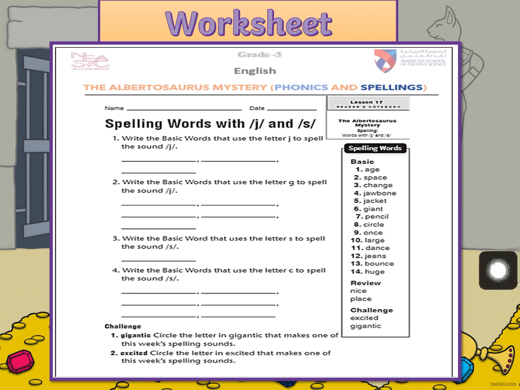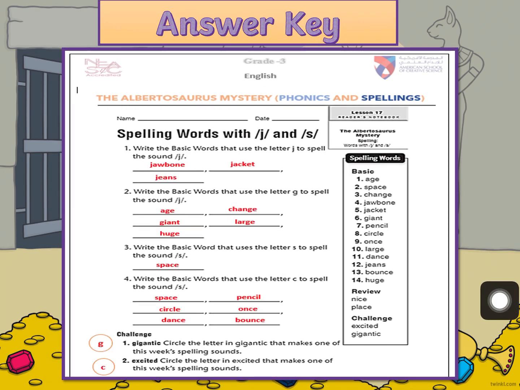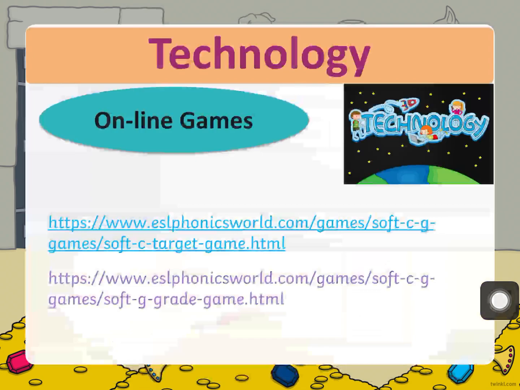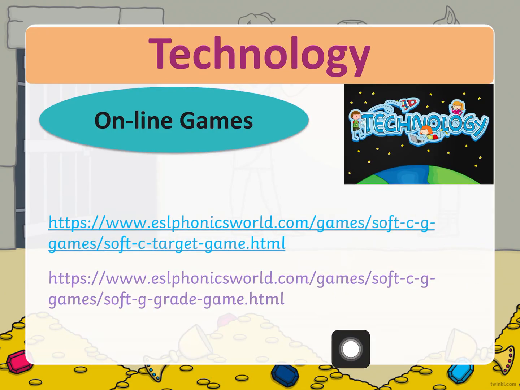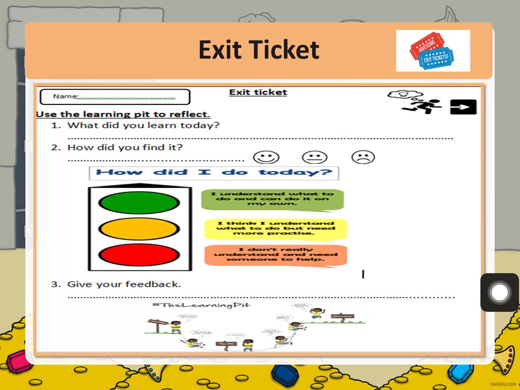Make sure you check the class link for your worksheet. There's also an answer key to self-assess. There are also links to online games, which I hope you will play. They'll help you make sure you are on top of the skills that you learned today. And at the end of the lesson, we make sure we do our exit ticket to reflect on what did I learn today, how did I find it, and we can also give our